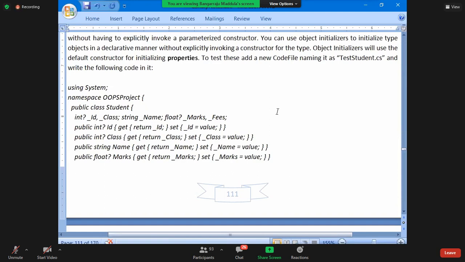Okay. The next topic, guys, is indexers. The next member is indexer. What is an indexer? Indexers are also like properties, which are used for exposing the values. If you recollect, the day before yesterday, when I started the topic, what did I say?